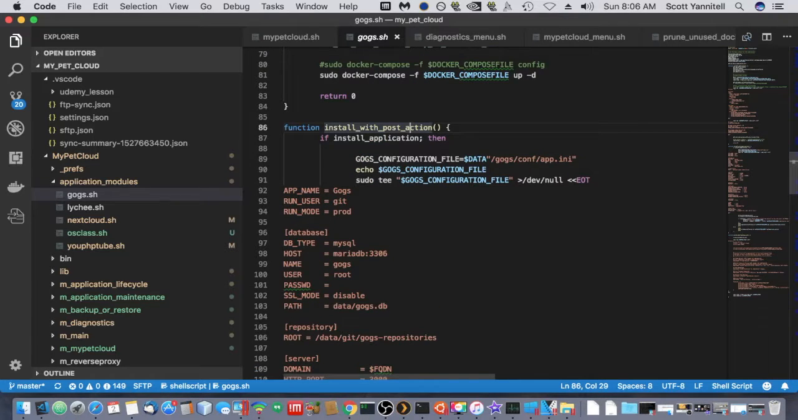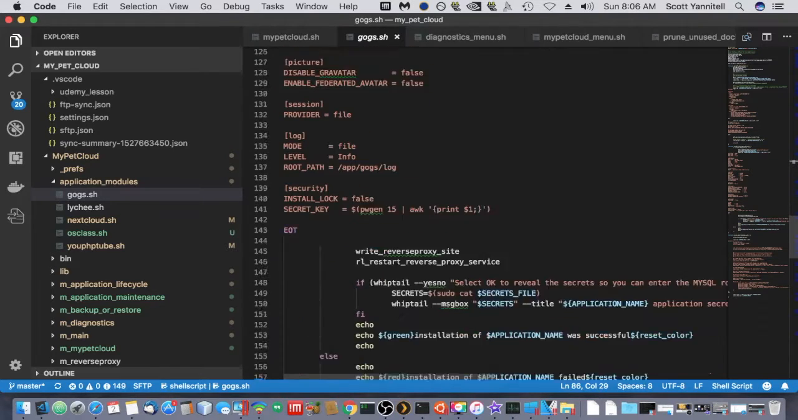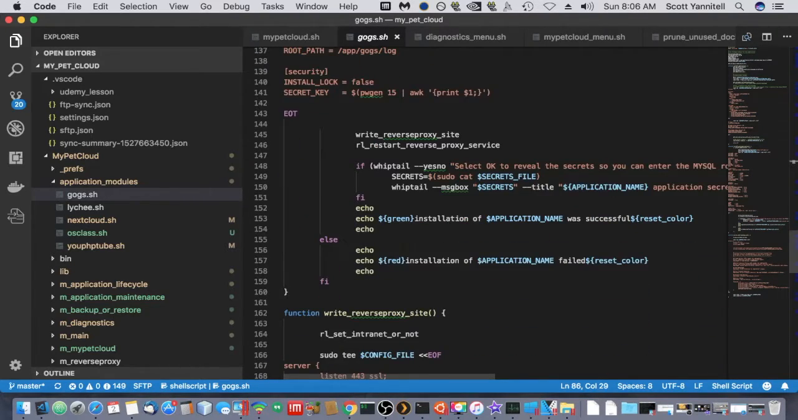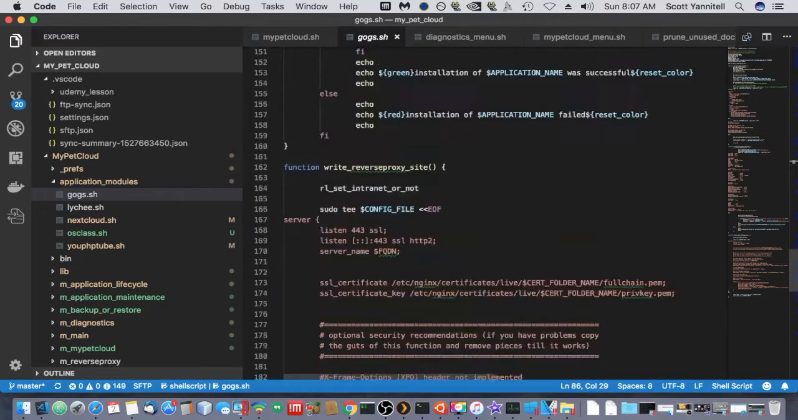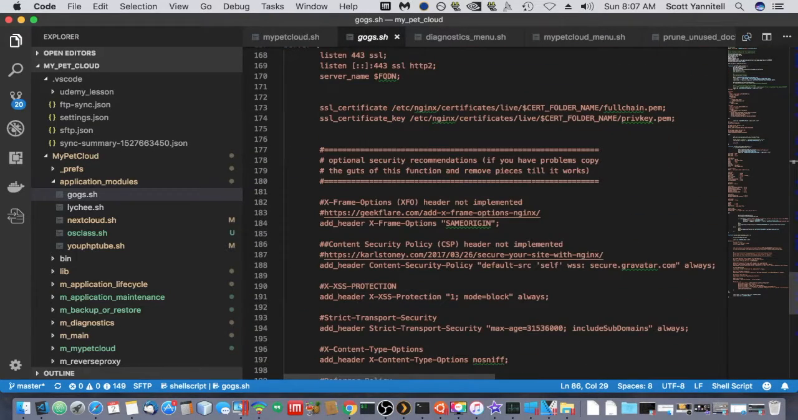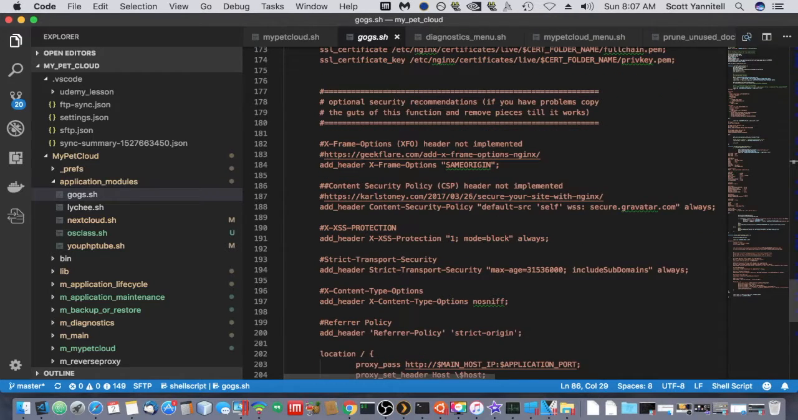This is the GOG's configuration file, and there's some variables that are slapped in there, like the domain name and stuff, and that's another here doc. And then write reverse proxy site. That goes down here, which writes the configuration file for Nginx. And this file is constructed in a way that maximizes security for using